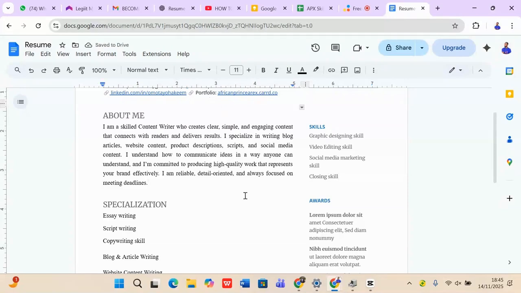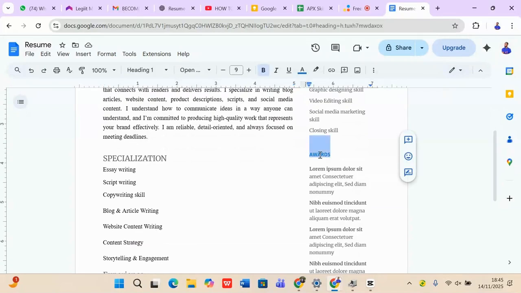So now, after that skill, now that you have listed all the skills that you have, the next thing you want to do, this award, you don't really need award. Change it to tools. Change the award to tools. These tools simply mean: what are the tools that you are always using to work for your client? Because these tools will allow the client to also know that, oh, so you can actually use Notion. So you can use ChatGPT very well. Okay, so you use Grammarly. So you use Hemingway.com. So you use SEMrush. So you use all these SEO tools. When they see that you actually know all these tools, it will be easier for them to know that, oh, this person is perfect for this job.